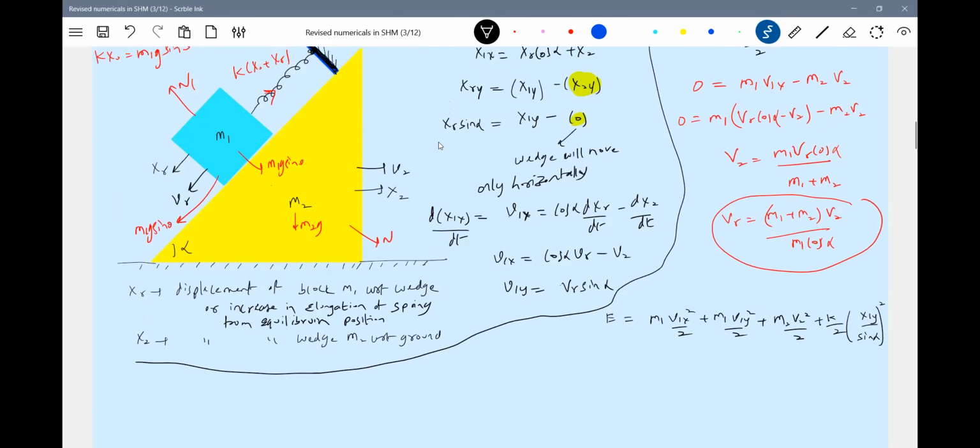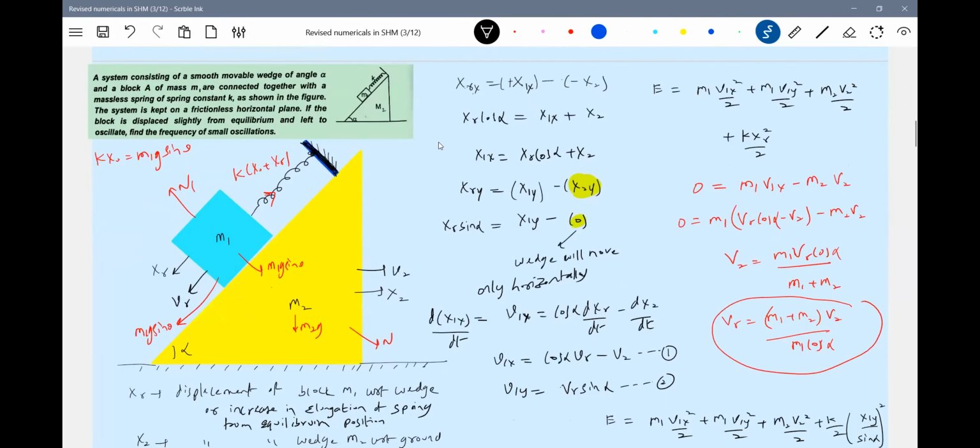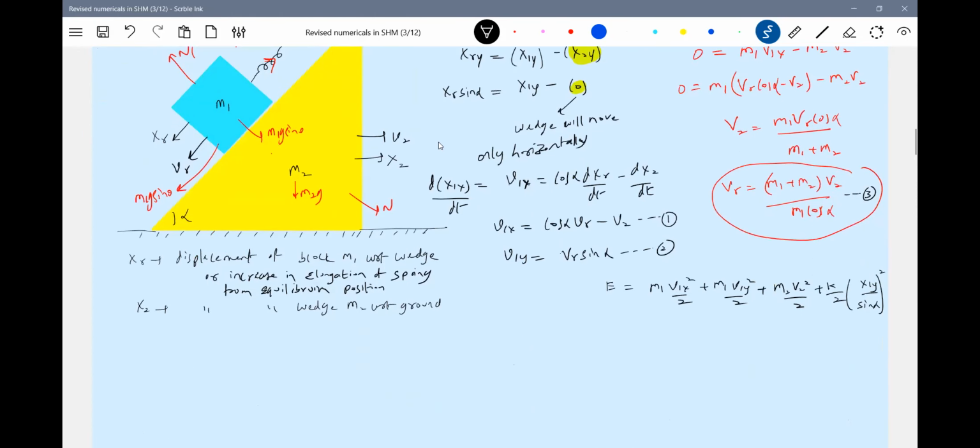I think we can go for V1x in terms of V2. Then again V1y in terms of V2. So I'll write equation 1, 2, 3. This is the 4. So what you should do now? Substitute 1, 2, 3 in this and get everything in terms of E and